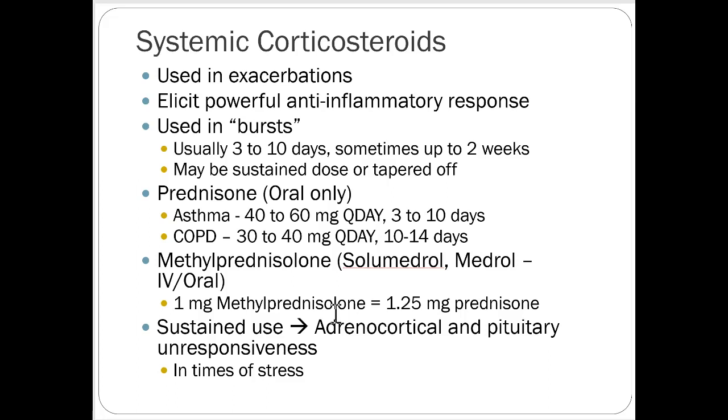Prednisone is the drug we're using. Asthma, we dose a little bit higher and a little bit more aggressively, but for slightly shorter intervals. So we might give somebody a 5-day burst for asthma, whereas for COPD, we're using a lower dose and giving a 10-day course. Why? I don't know if it really matters a whole lot. I think that's probably how it was studied originally, so I'm not going to comment on that further. But could you do a shorter course for COPD? Maybe,